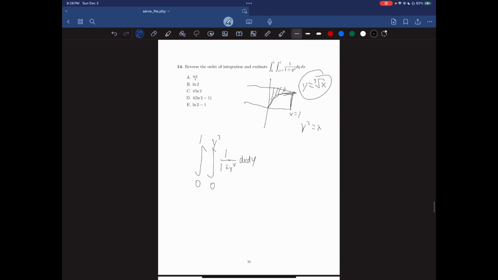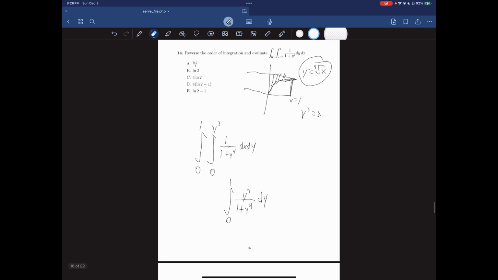So we really just have the integral, evaluating the inner one. It's pretty easy because we just have no x's here, so we just do top minus bottom and multiply. So we're going to get y cubed over 1 plus y to the 4th dy, and to make this a little clearer,